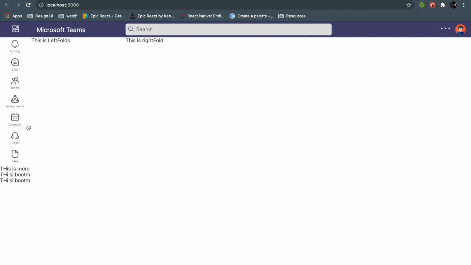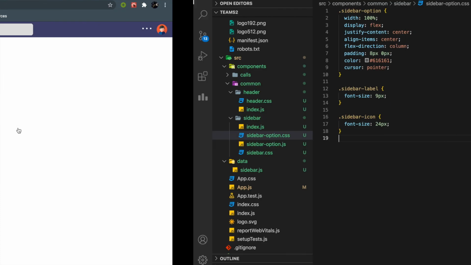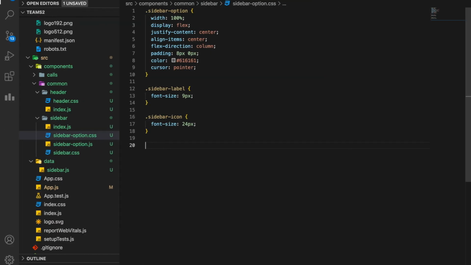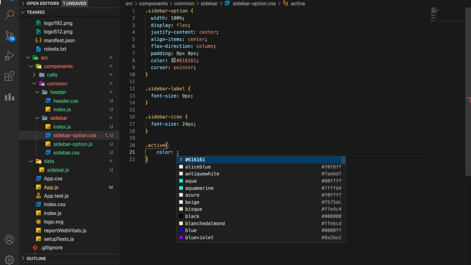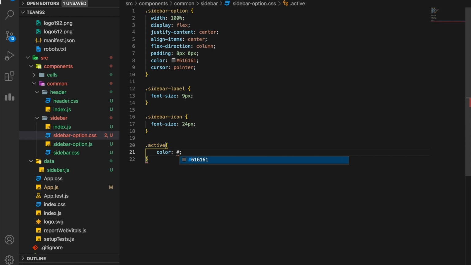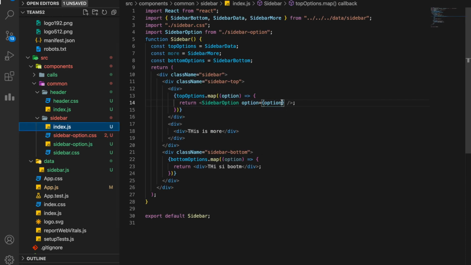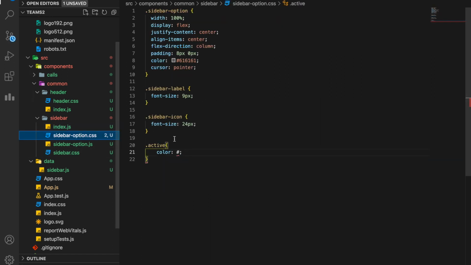Now this is everything that I have done. Now we need two things. One, for the active class we need a different style, and when I hover over it, the class should change. You will see this feature on Microsoft Teams. So to do this, first of all, I'll take the active class and we will pass it a color. You won't see the property of the active class right now, but when I pass the isActive boolean prop from my index from here. So let's pass isActive, let us say for now this is true, just to see the changes. So let's give it a color of 62647, I copied this from Microsoft Teams. You can copy it from there.